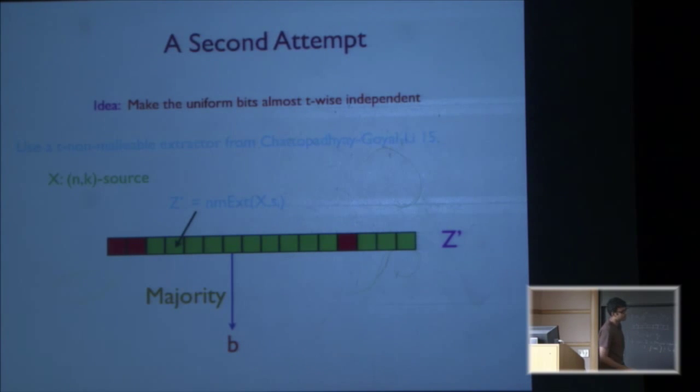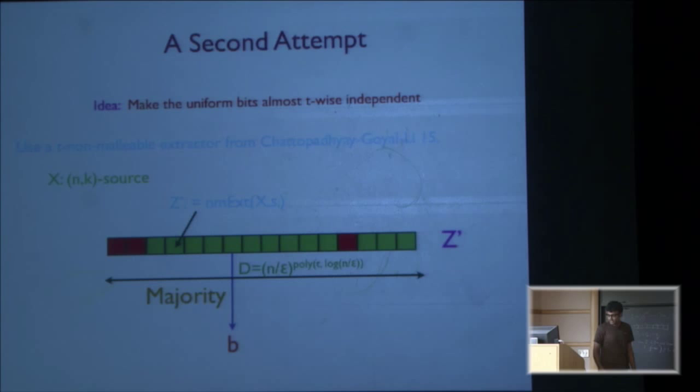And maybe we could try now to apply the majority function, because majority is known to have good properties even for bounded independence. The seed length of the non-malleable extractor actually gives the length of z prime to be quasi-polynomial in n. So far you don't use the second source at all? No, not till now. It will arrive, but yeah, because it's impossible otherwise.